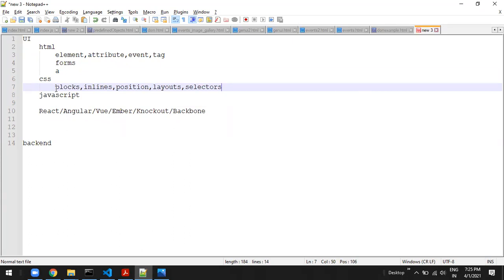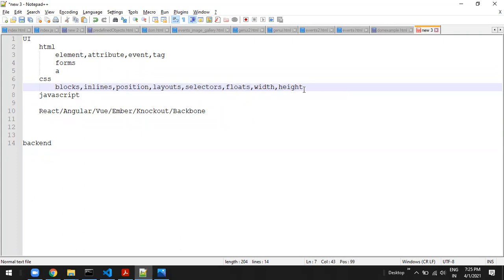Yeah, these kinds of things. Any special mention? Okay, floats maybe. Okay, so these are box model, width, height. So these things are mandatory for everyone.